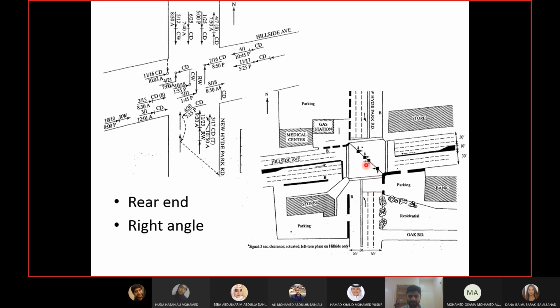For sight distance to the signal, you can remove these trees from here. You can put the corner of the building back slightly. You can make the signals higher. Okay, obviously these are just suggestions. You may do one or some of them. You don't have to do all of them. You may make the signals higher, so sight distance will be more.